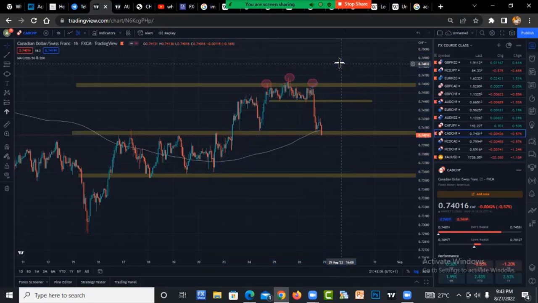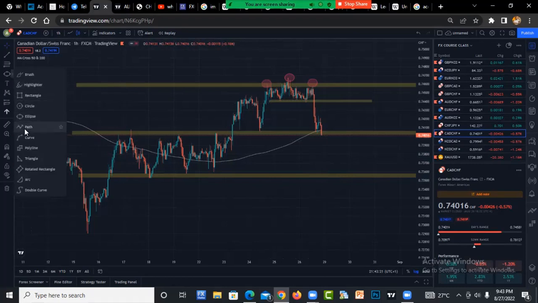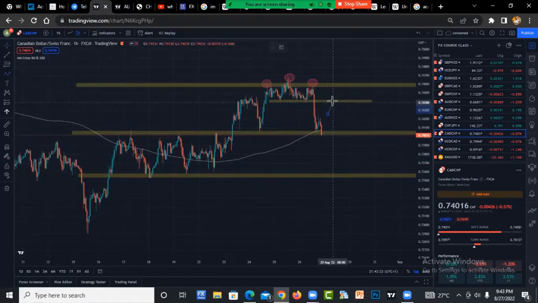Now me, I can see a head and shoulder here. This is the neckline. So before you can enter a head and shoulder pattern, you'll be looking for a retest around this neckline. Then you can say, okay, probably price should push downward there. Maybe you have a break of this and retest of this, then have your TP2 here. I can have my TP1 here